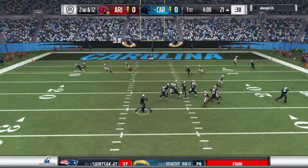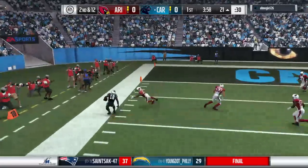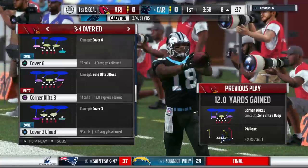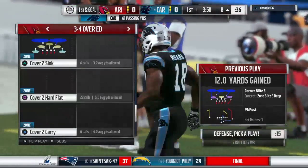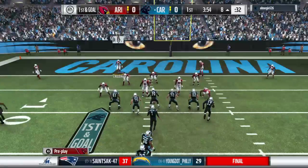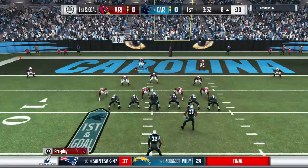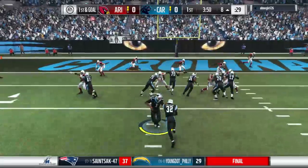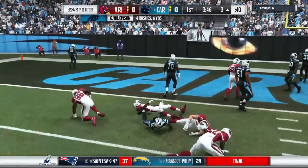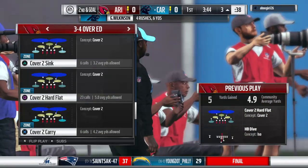There's Newton now on second down. This will be caught inside the 10. It's a nice pickup of 12 yards, and it gives him a 1st and goal. An ex-teammate used to tell me all the time, I hate experienced quarterbacks because no matter what, you really can't hide what you're doing. And I think that right there, he knew right away where the blitz was coming from, where his primary guy was going to be, and he ended up going to a secondary target